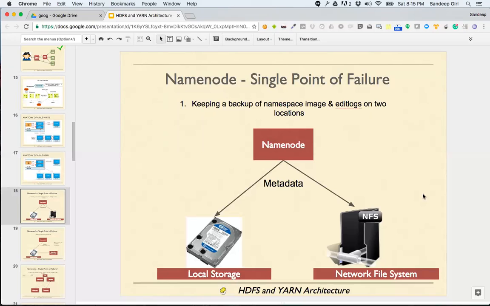Manjula's question is, is the edit log an immutable file? It's not an immutable file. It is a file that keeps on getting appended to. But it cannot be modified other than by HDFS, so that not everybody, me or you, can tamper with the edit logs. Question from Sapna is, generally, how many such images are maintained? Generally, we periodically keep making images, maybe every day or maybe every 15 days, because preparing the entire image is time consuming.